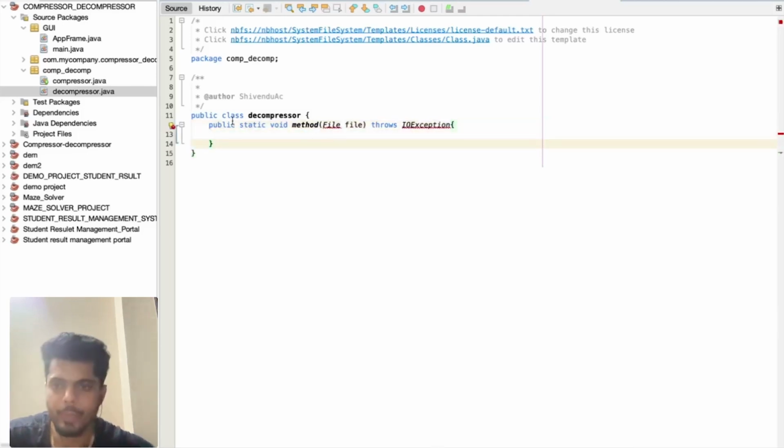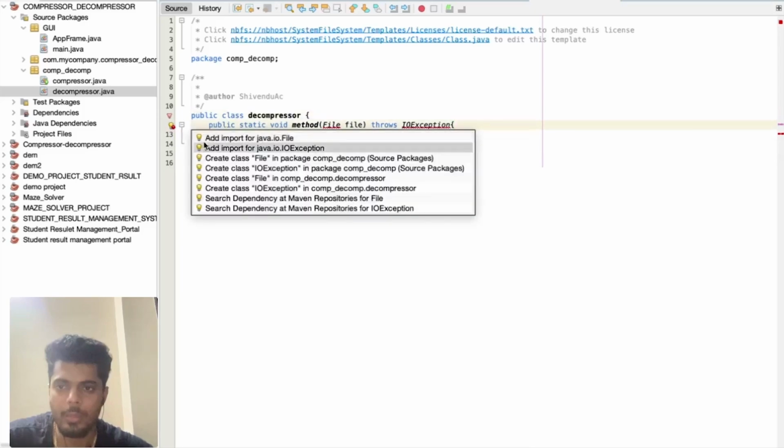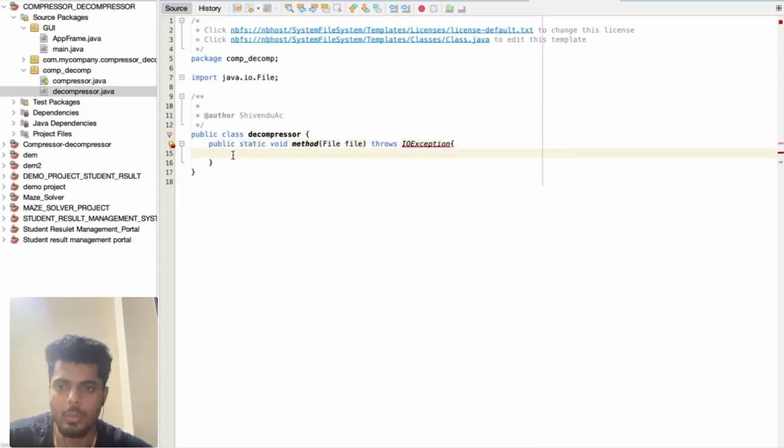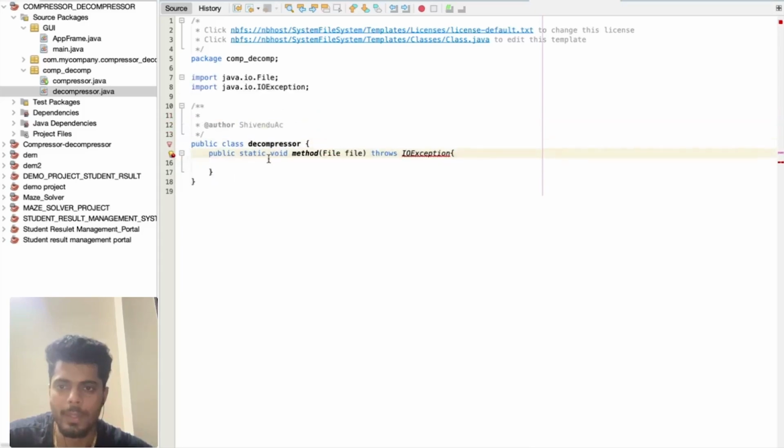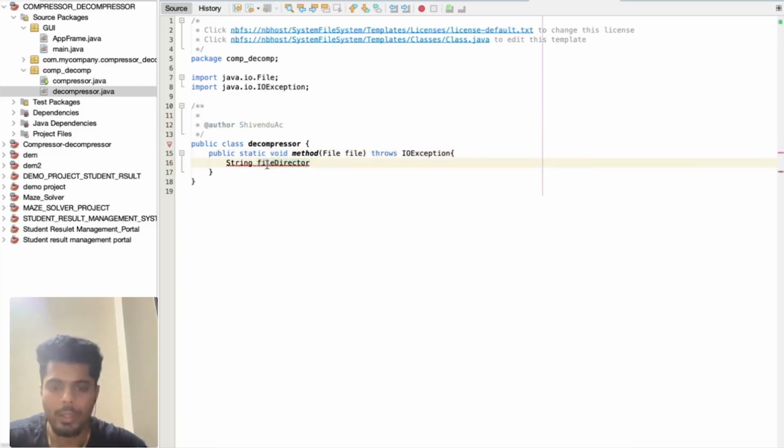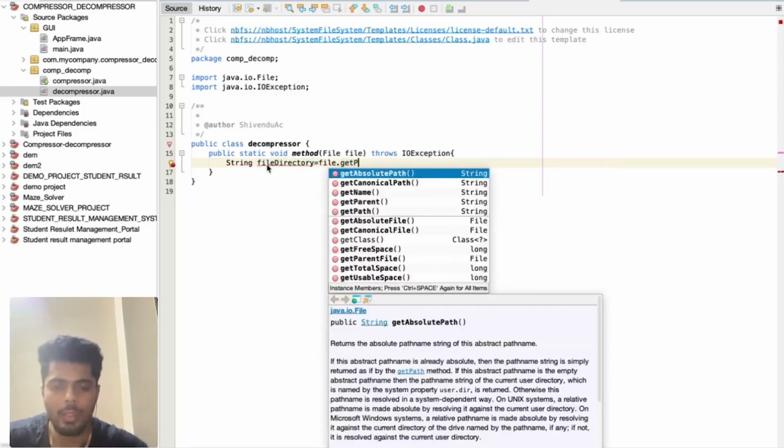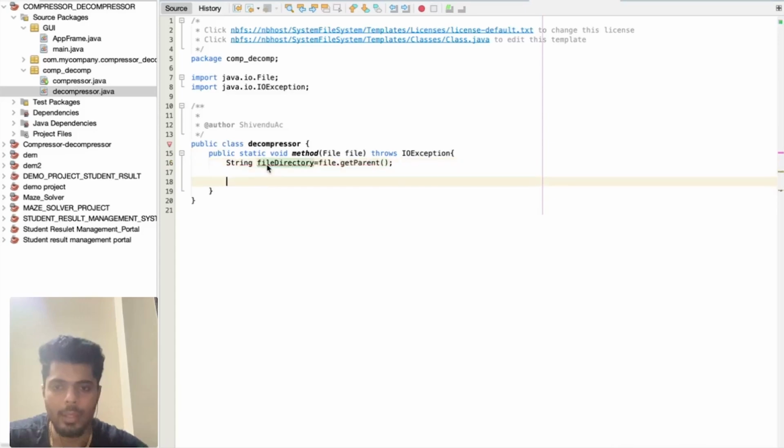Okay, let's quickly add the import statements. Here also we will do file directory. Let's do file dot get parent. Now here, let me remind you that the input file which we are getting in the decompressor.java,